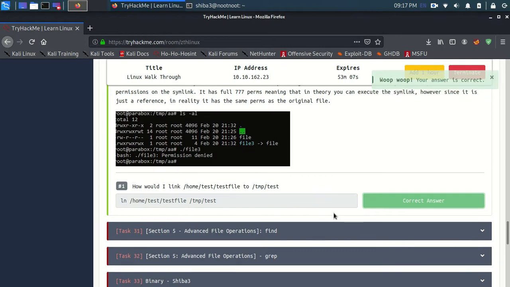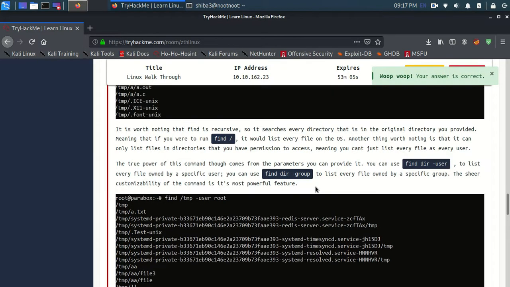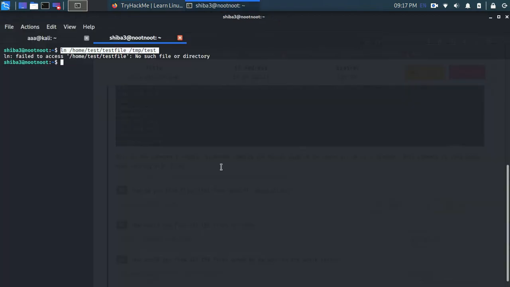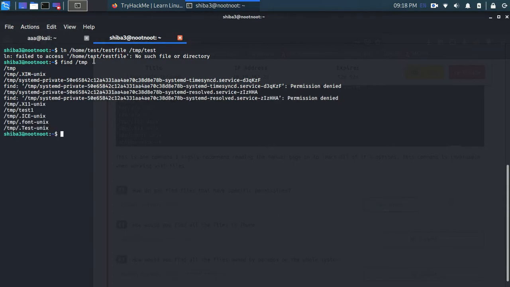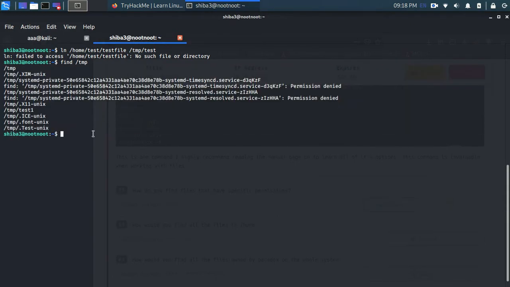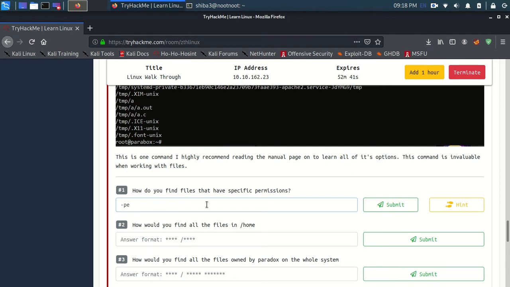Then the find command is actually quite useful, so you've got to pay attention to that. For finding files, I can just do find /temp. All these things have been listed where /temp was used, and to find files which have a specific permission, you need to use -perm.